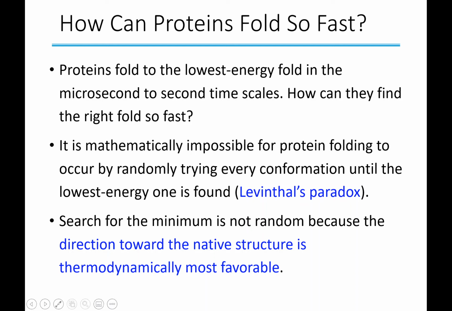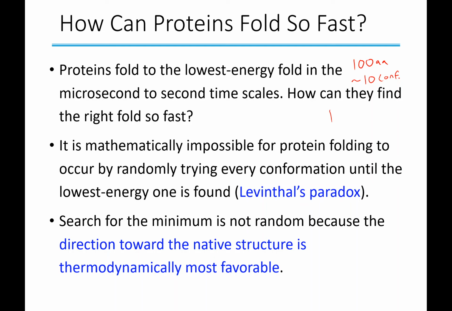Just to give some numbers on this, say a typical protein is something like 100 amino acids. Each of those amino acids has about 10 possible conformations if we look at a Ramachandran plot of the phi and psi pairs. So that's for each amino acid, 10 conformations. When we combine them together,